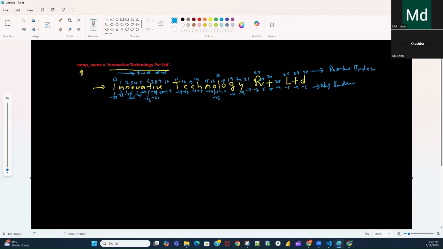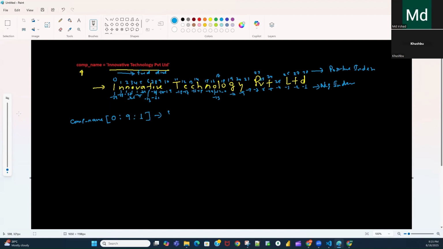Now, I want to fetch the data. For example, if I write like this, this is my variable name, and I pass the slicing operator syntax. Let's say this is my start index 0, then a colon, I give 9, and then a colon 1.